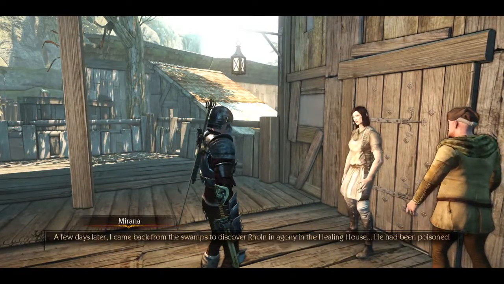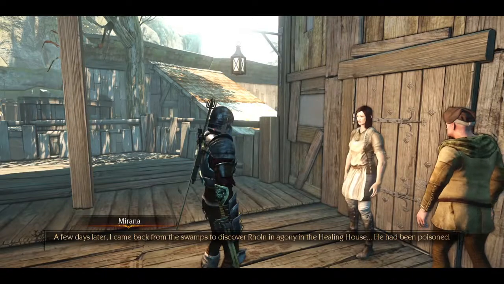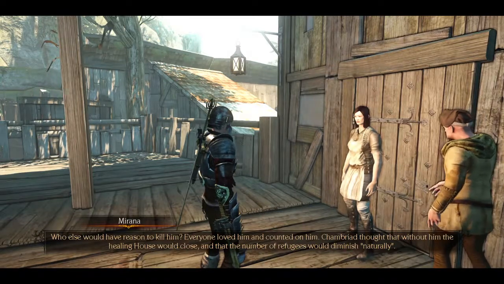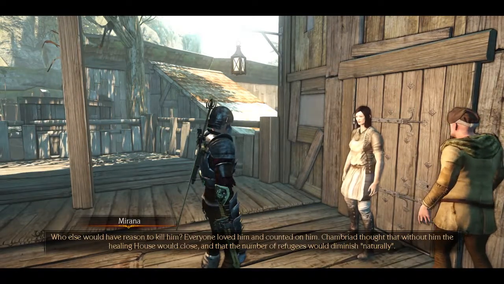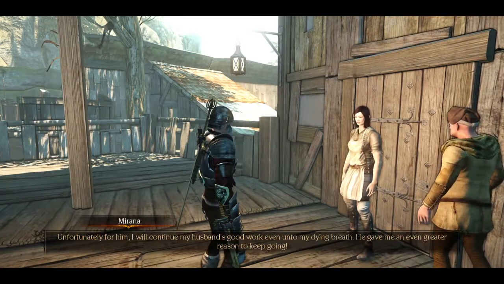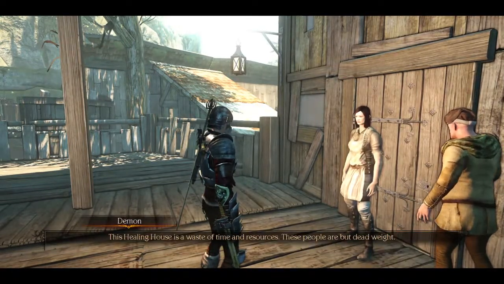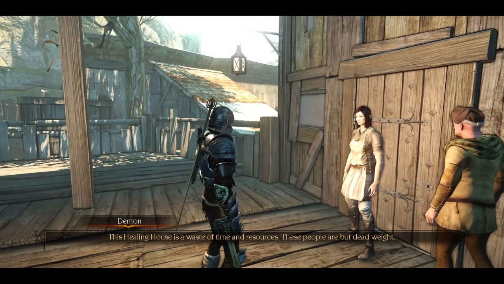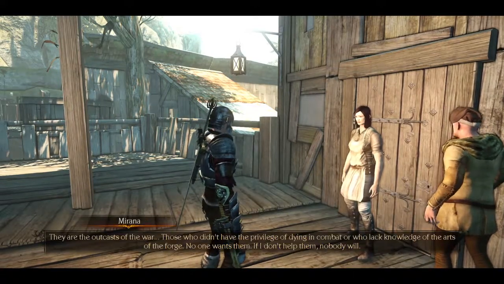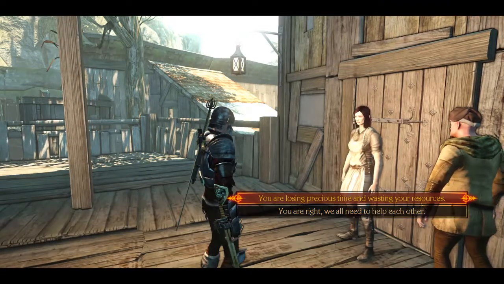A few days later, I came back from the swamps to discover Roan in agony in the healing house. He had been poisoned. You think this was the work of the steward? Who else would have reason to kill him? Everyone loved him and counted on him. Chambriard thought that, unfortunately for him, I would continue my husband's good work even unto my dying breath. He said this healing house is a waste of time and resources. These people are but dead weight. Shut up, demon. Who are these refugees? They are the outcasts of the war. Those who didn't have the privilege of dying in combat, or who lack knowledge of...